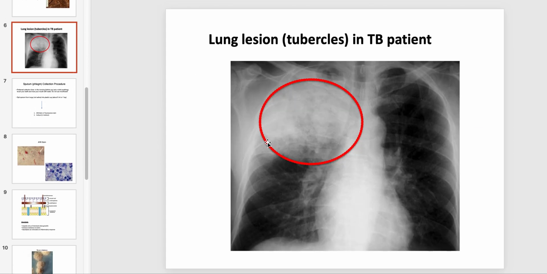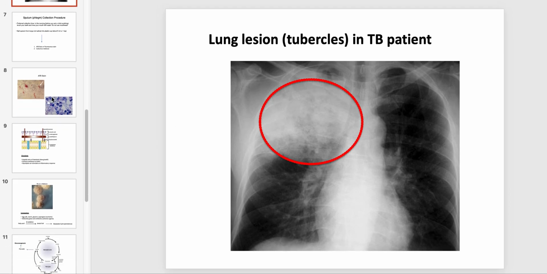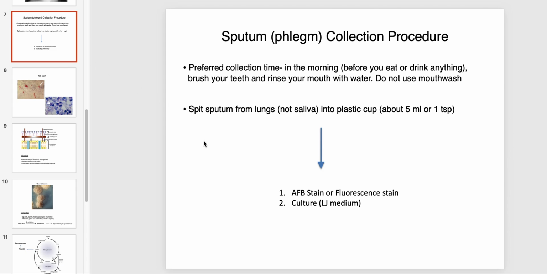So the primary diagnosis is looking for tubercles in TB patients through a chest X-ray. Another thing that's done, and usually the first thing that's done, is a sputum or phlegm collection. In this particular case, you collect it in the morning as soon as people get up. You clean your teeth a little bit and rinse with water just to get excess oral microbes out, and then you spit that sputum straight from your lungs, that dark green bloody nastiness, into a plastic cup, and then you can dip into that and use